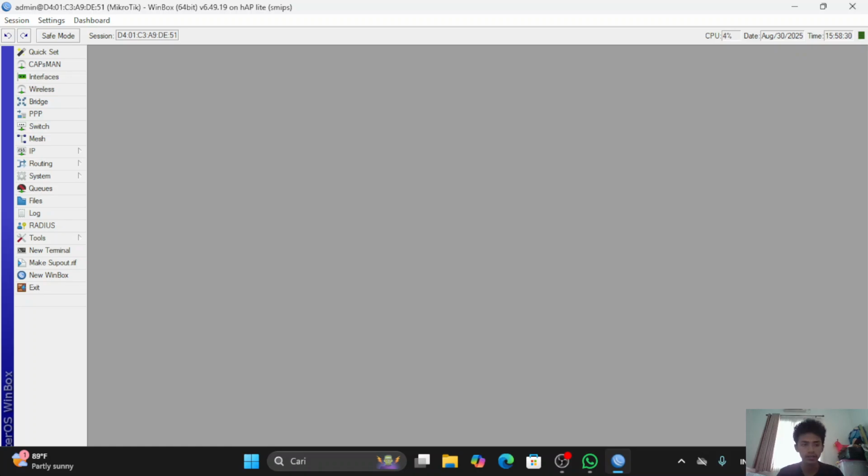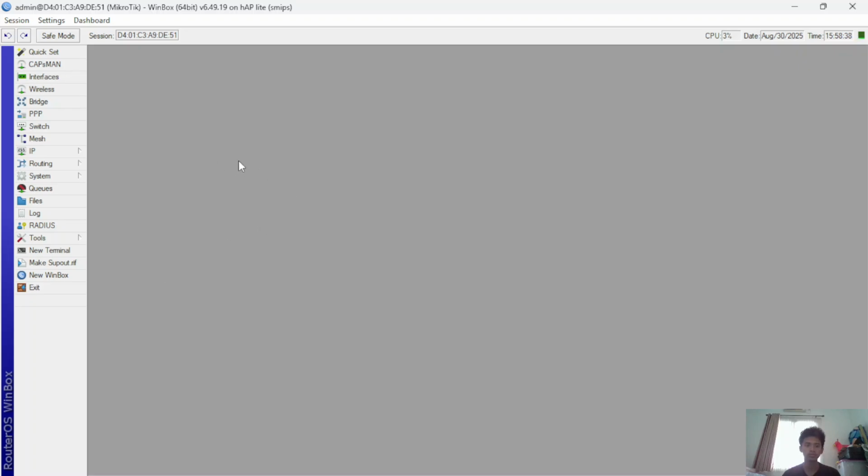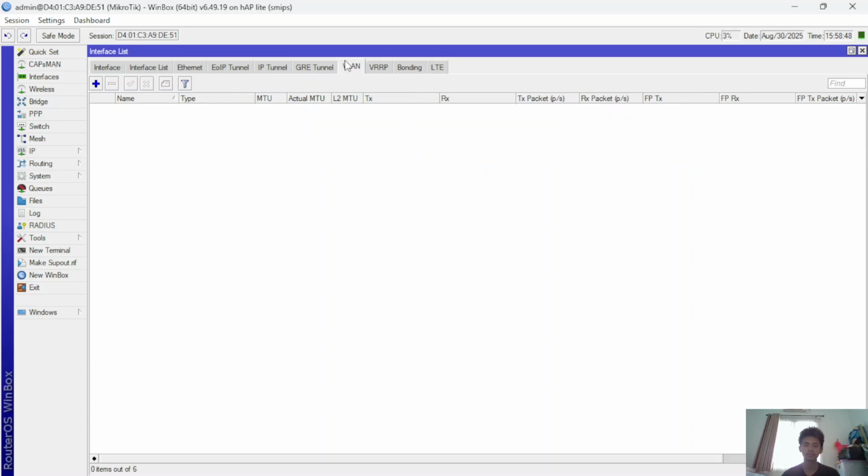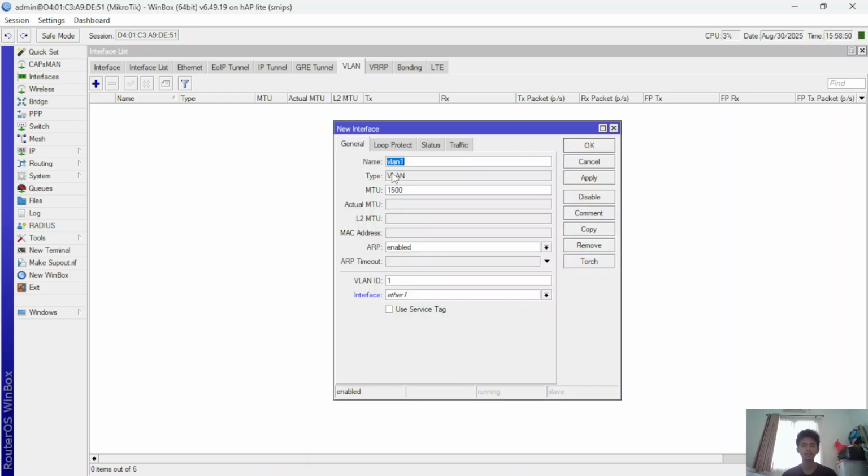Then we can create the VLAN in the router, okay. We go to interface. You go to the VLAN page. You create the VLAN, name it VLAN 1. I want it to be lab 1.